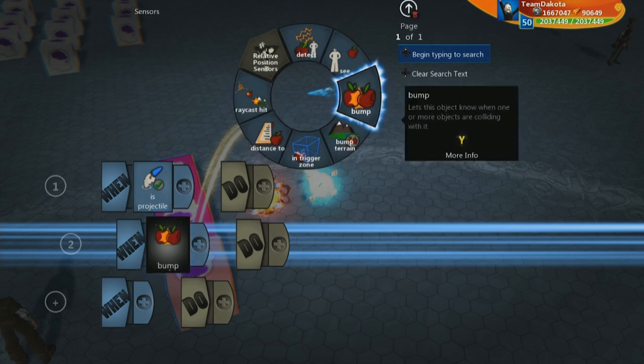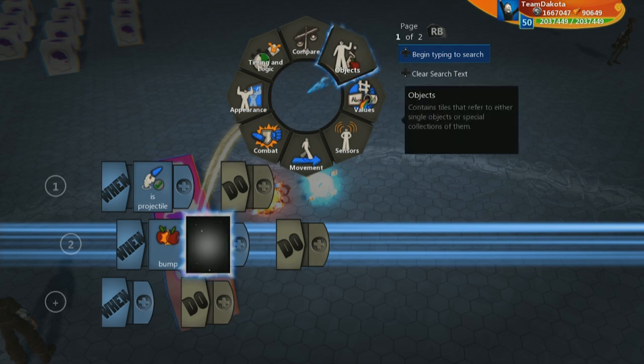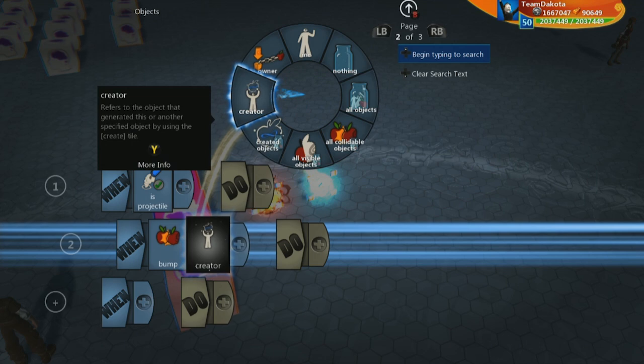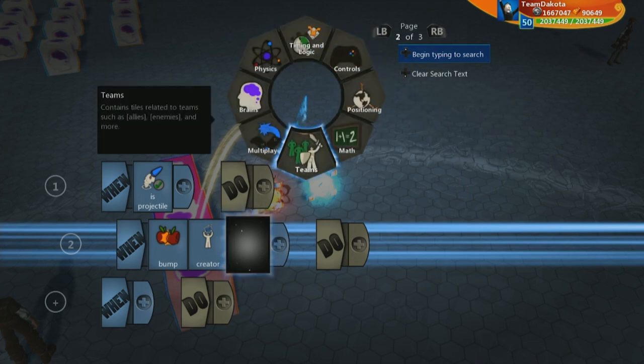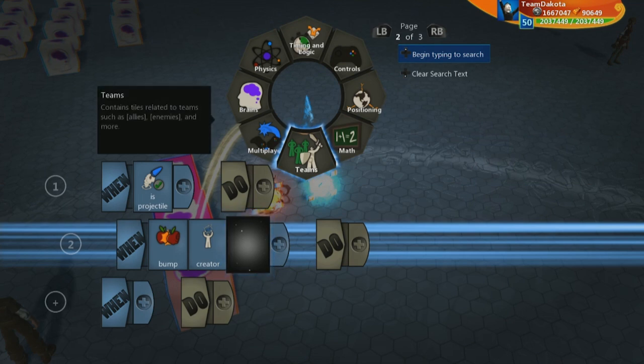So it's a sensor, go bump, and I need to know what the enemies are of the thing that created me, right? So I'm a projectile of something, but I want to know what the enemies are of my creator. I can do that by going to objects, and then I can scroll over to the other page and go creator. This refers to the object that created this. So if I bump my creator, and on page 2, I can go to teams,